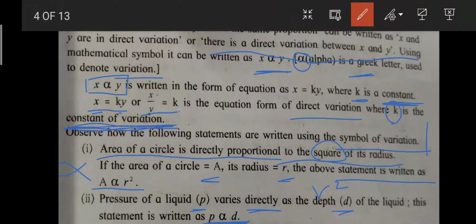So we'll start with the first exercise 7.1. So students, we have a first practice set, that is 7.1. Now in the following statement using the symbol of variation, जो हमने अभी आपको बताया था, that was symbol of variation. Now here the circumference, जिसको हम denote करते हैं with the letter C, of a circle is directly proportional to radius r. हमें directly proportional कौन सी साइन से बताना है? Very good students, हमें उसको अल्फ़ा से बताना है. ये जो साइन है it is the sign of directly proportion.